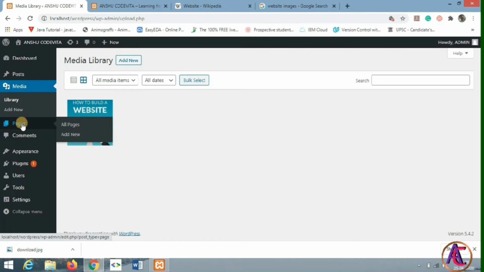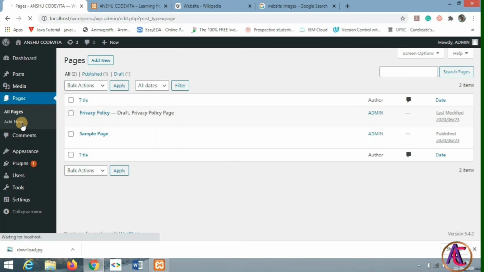This is a page. We can make new pages also on our website. So this is a default page given by WordPress. So I can click on it and I can delete it. I did not want this, so I just go and move to trash and click on apply. It will apply to all the selected ones.